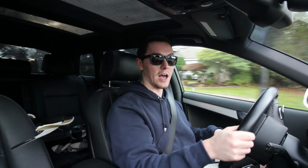Next up is a supporting mod for stage 2. I only did this upgrade because I had an issue with my coil packs, and this is a pretty common one among the GTI guys, and that is obviously doing R8 coil packs. R8 coil packs are basically a more robust factory coil pack option. You can get aftermarket ones. They're basically all the same. Some will run you a little bit more, some will be cheaper, and it just gives you a more consistent